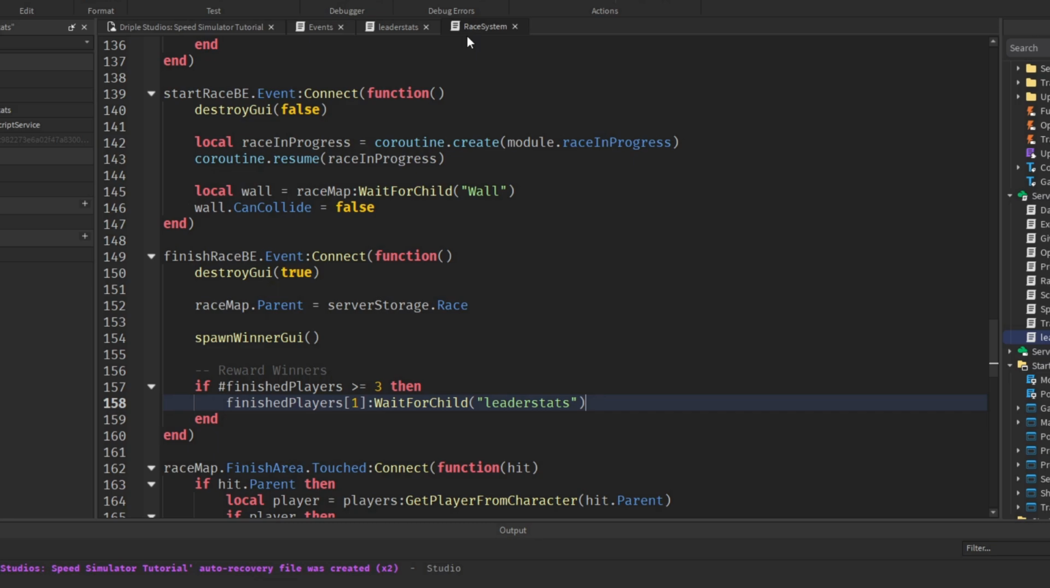If you have something named coins inside the player, not the leader stats, you need to access that. I can't tell you how to do this bit. This bit is unique to you. Once we've waited for the leader stats to exist, we're going to wait for child, and we're going to wait